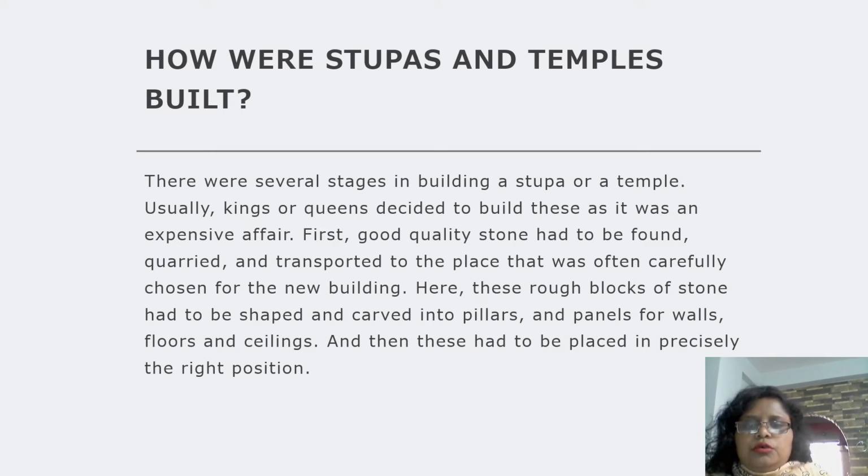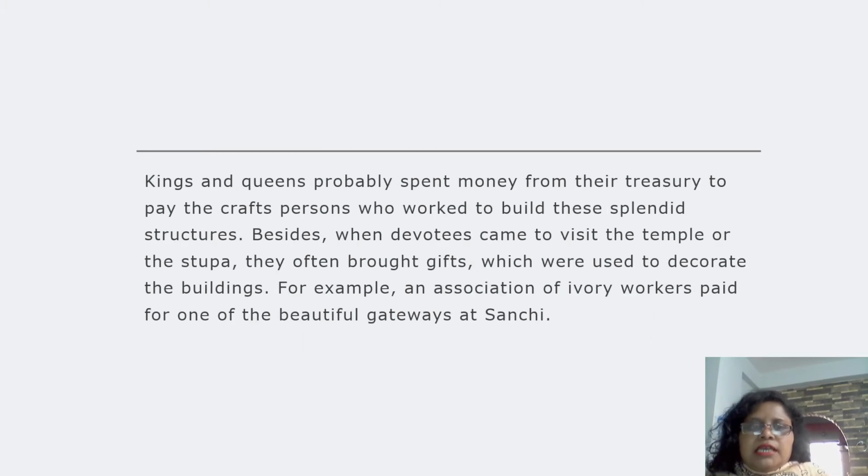First, good quality stone had to be found in a quarry and transported to the place that was often carefully chosen for the new building. Here, the rough blocks of stone were shaped and carved into pillars, panels, walls, flooring and ceilings. Kings and queens probably spent money from their treasury to pay the craftspersons who worked to build these splendid structures. Besides this, devotees who came to visit the temple or stupa often brought gifts which were used to decorate